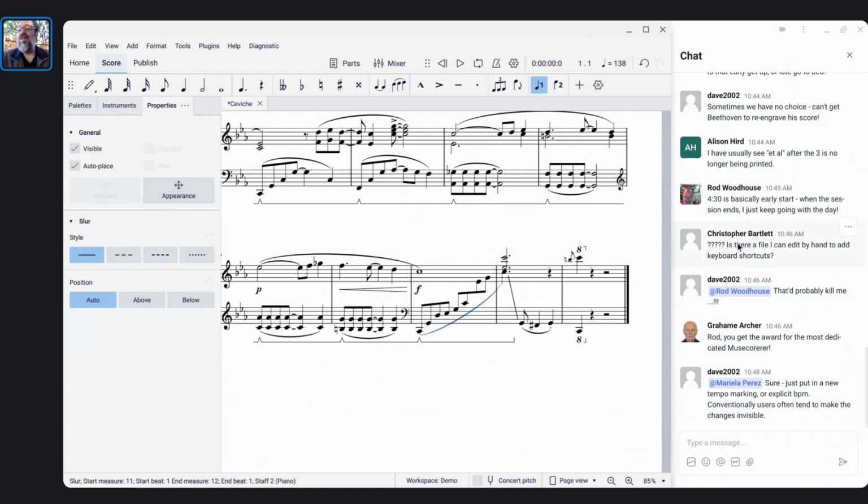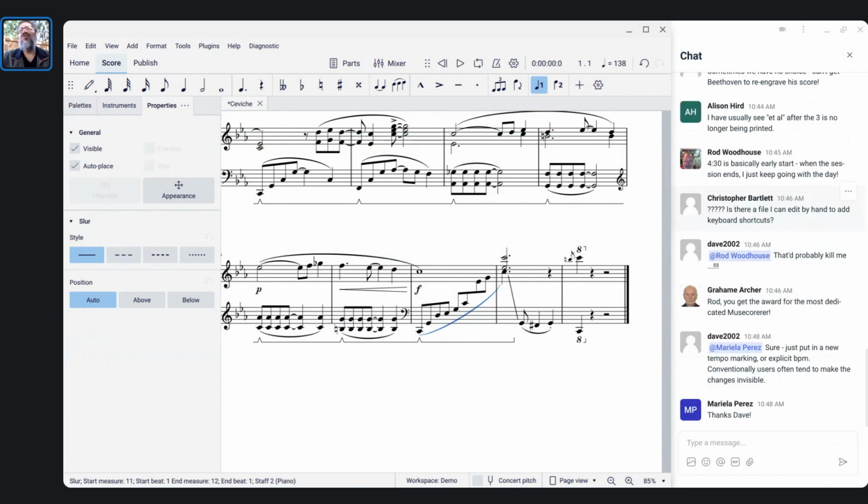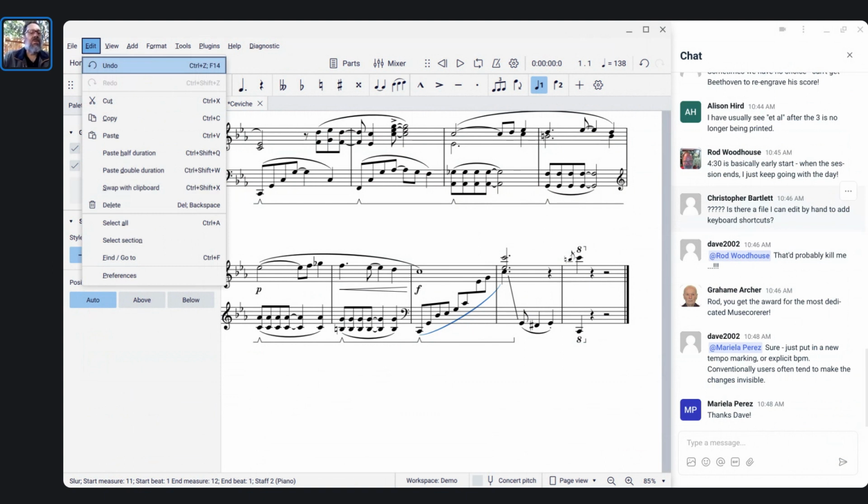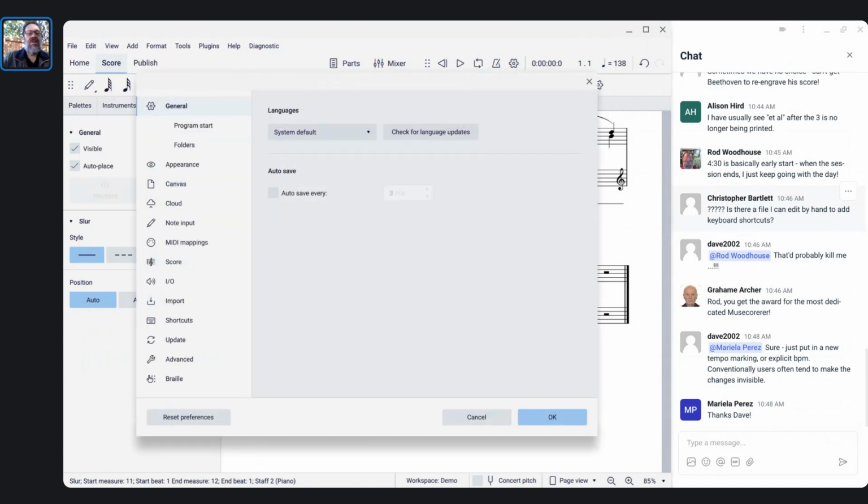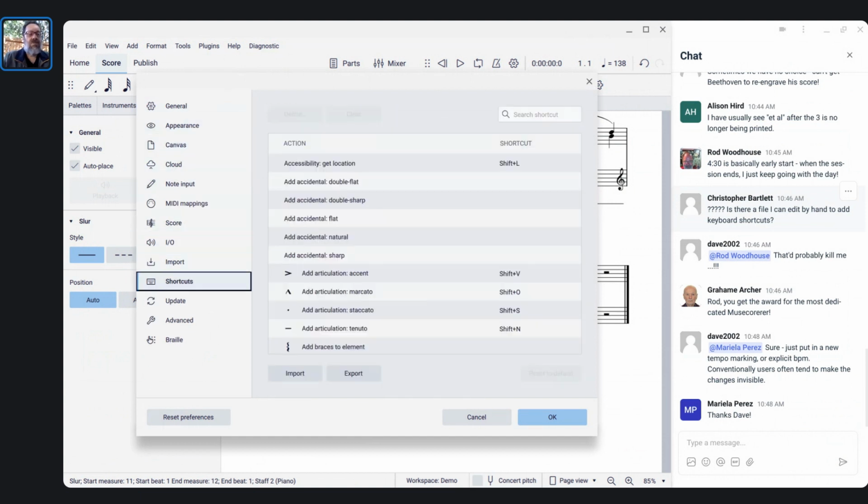So Christopher, yes, there is a file you can edit by hand. So let's take a look at that. And the thing is, I vaguely recall that there's an issue with this as well. But let's find out. I'm going to go Alt E to open the edit menu, up arrow to open preferences, click, and then I'm going to get over to the shortcuts thing. I'm trying to do this all keyboard, so I make sure this works. Shortcuts. And then what I want to do is tab until I get to the export button. So tabbing gets me to the import button, then the right arrow gets me to the export button,